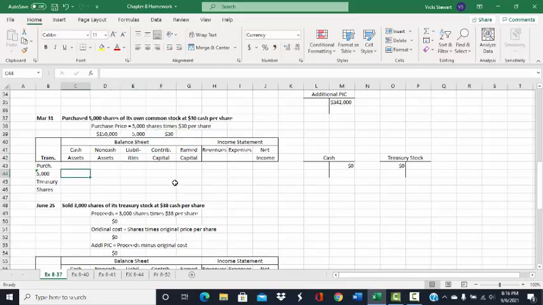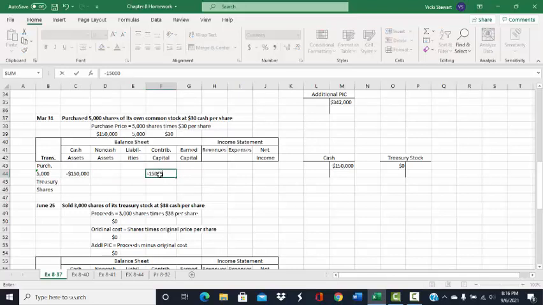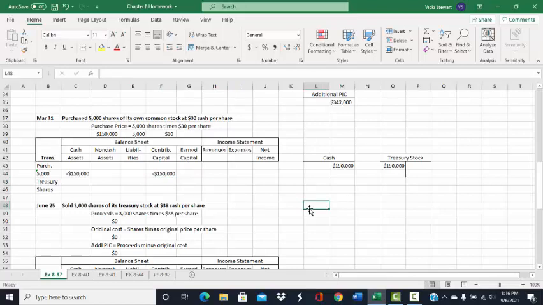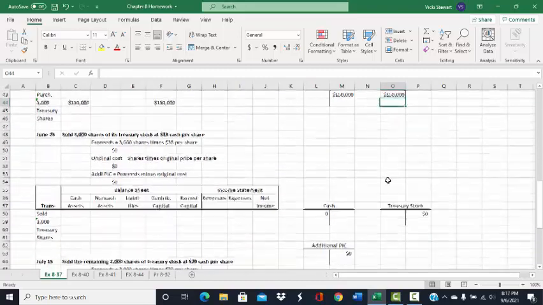So on the financial statement effects templates, we would have a subtraction to cash for $150,000 for the purchase of the shares, and a subtraction from contributed capital for the same amount, $150,000. On our T accounts, we would have a credit to cash for $150,000 and a debit to treasury stock for